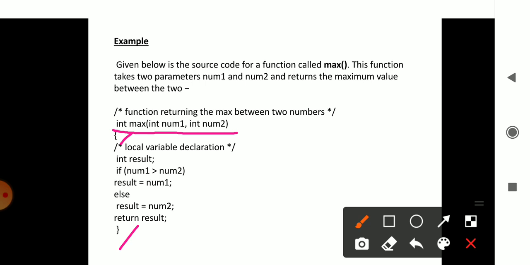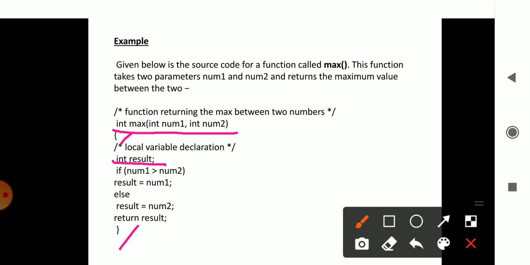Within the function body, we must first specify the local variables that might be used in the function. So here we make use of a variable, int result. Result is a local variable that is used within the function.